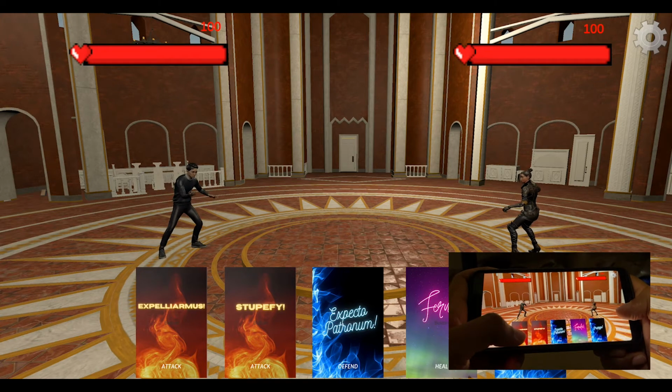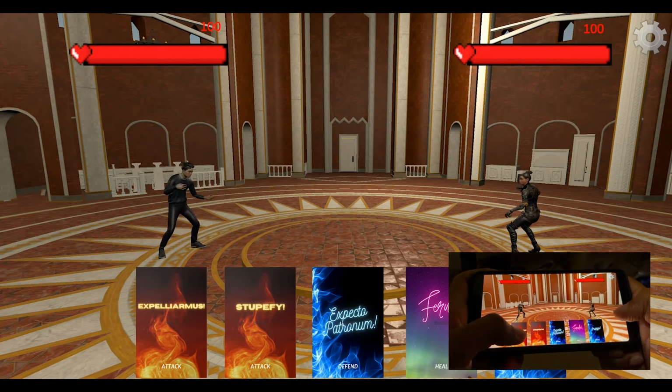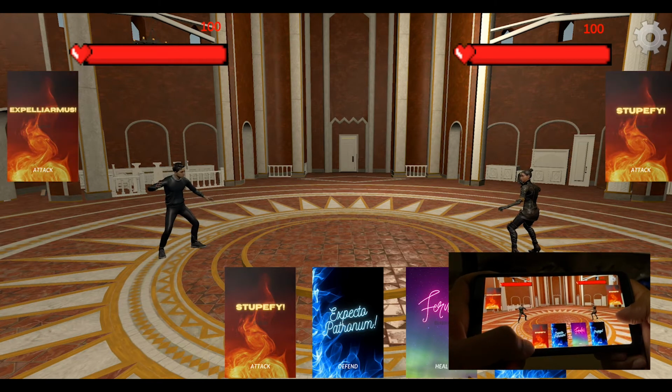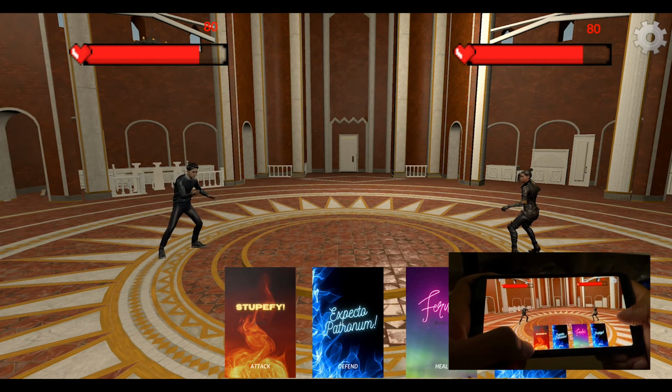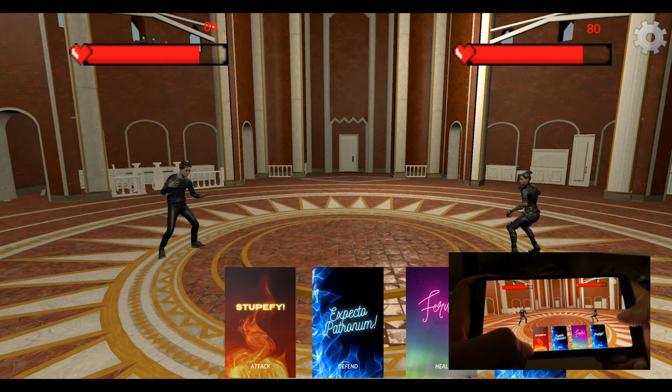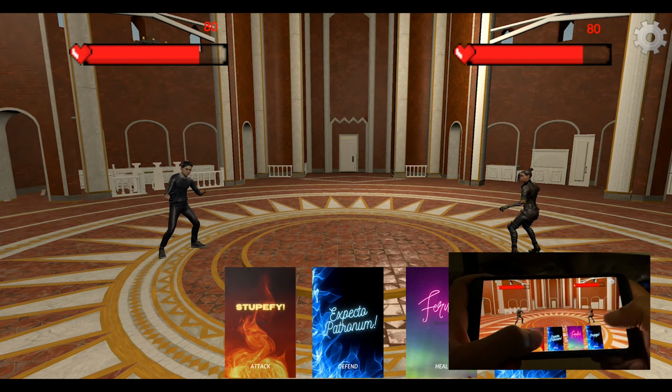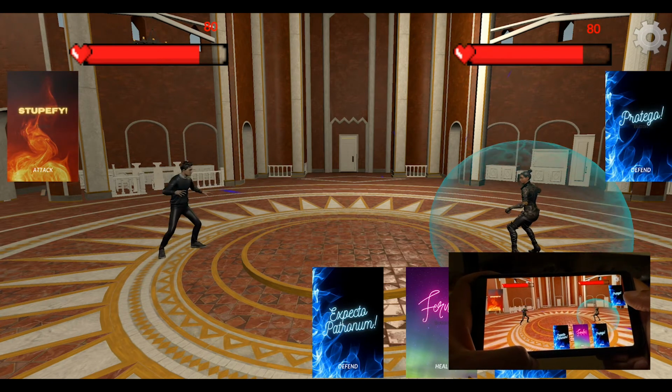The rival will make her move at the same time, and depending on the spell cast, scores for both the player and the rival will get updated. The cards have been randomly assigned to both of them and they will now start playing. The first one was an attack spell for us, and that resulted in us losing 20 points. The second one was yet another attack spell.